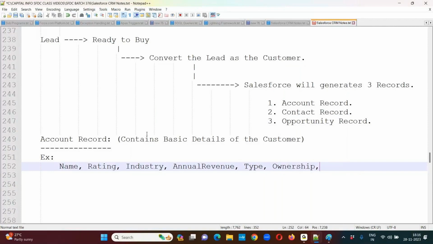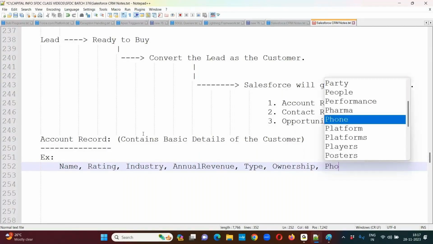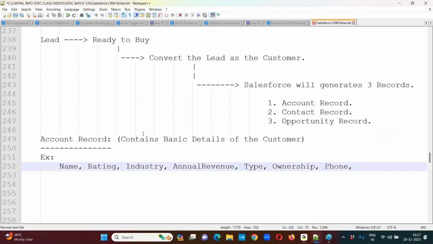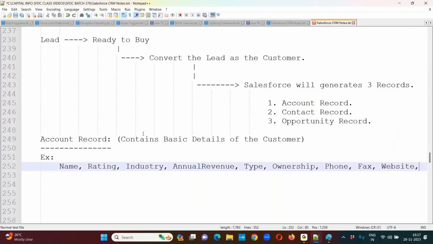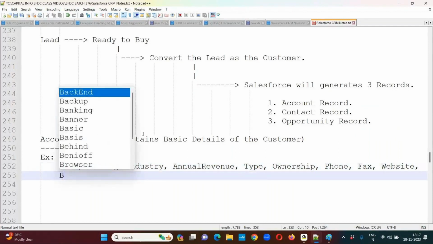Ownership. Whenever we capture the customer details, the customer is working in a company. Now, what is that company? Is it a public organization, a private organization, or a subsidiary? Public means the government sector. Private means a private organization. Subsidiary means it's a group of companies. In order to capture that, we use ownership. And then the phone number of the customer, fax number of the customer, website name of the customer, billing address,